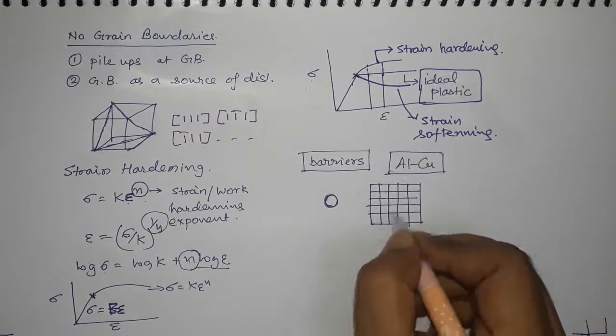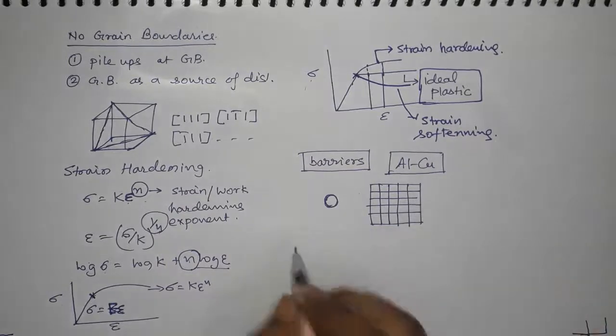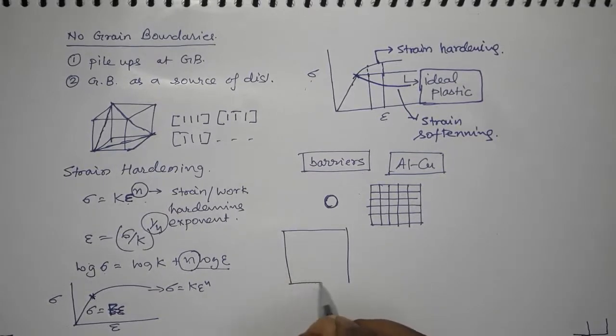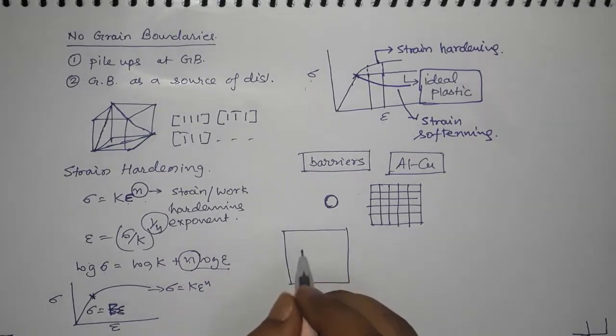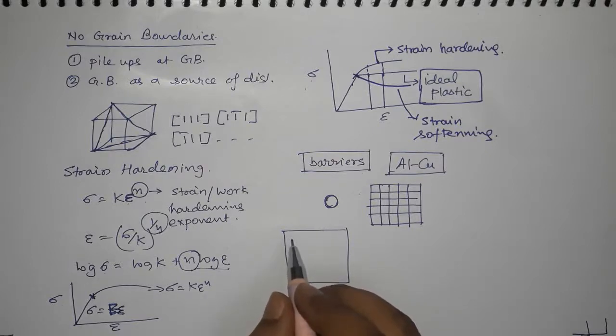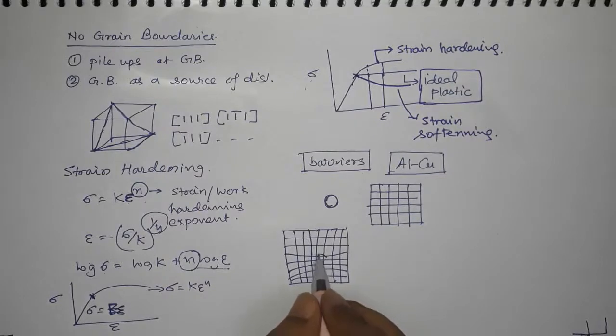All these boxes, you can imagine those to be unit cells in 2 dimensions. Now a small colony of copper forms somewhere inside, and obviously because copper is a different atom and not an aluminum atom, it has a different size. If the atomic size is different, the lattice parameter will also be different. So now there is a region where the lattice parameter is different from the matrix,